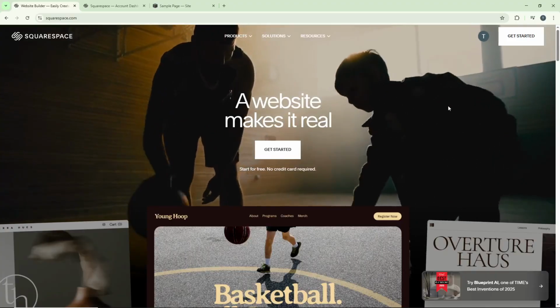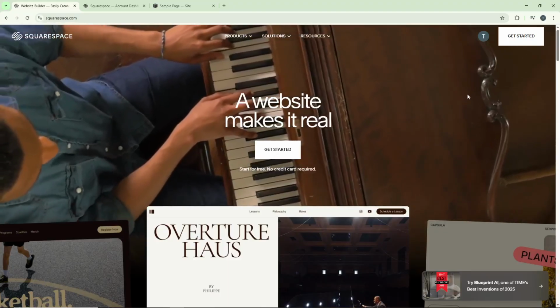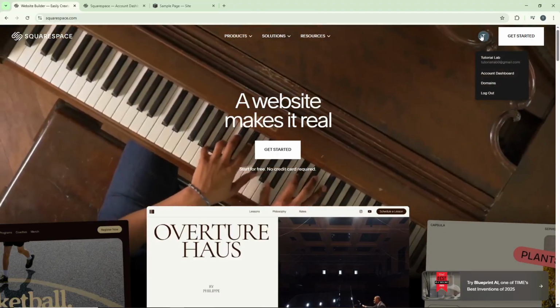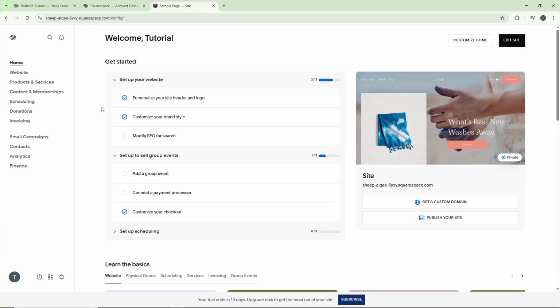First, open your browser and navigate to squarespace.com. Once you're there, log into your account using your credentials. This will take you to your main dashboard where you can see all the websites connected to your account. On the dashboard, simply click on the website where you want to add the Lightbox feature to your images and galleries. This opens up the specific site you'll be working on, giving you access to all its editing tools and